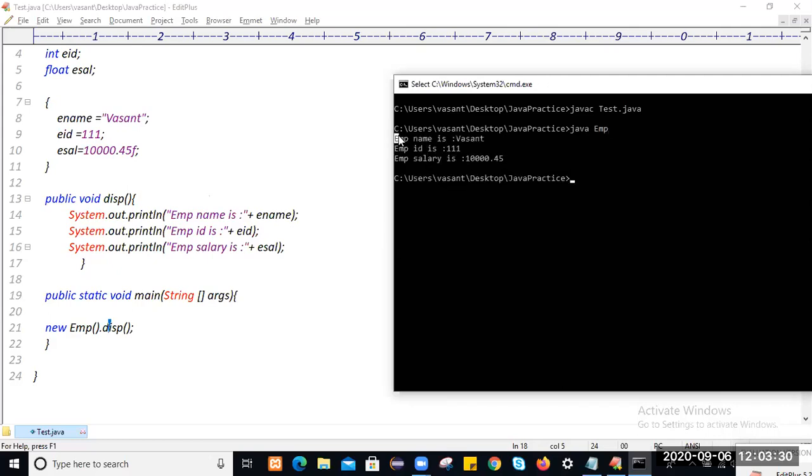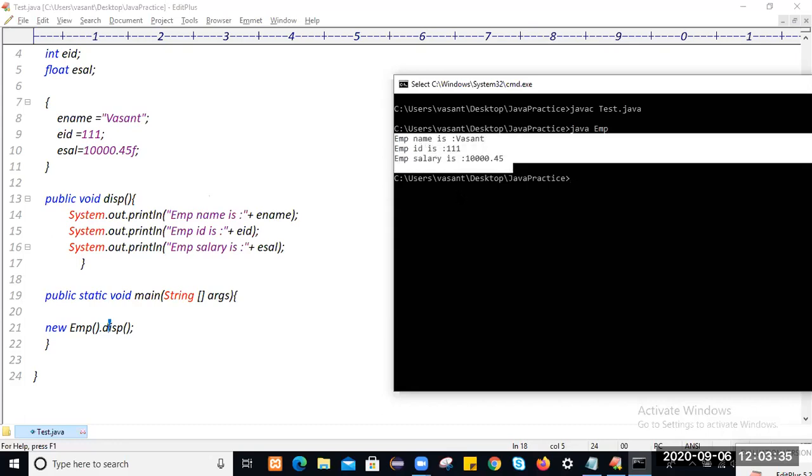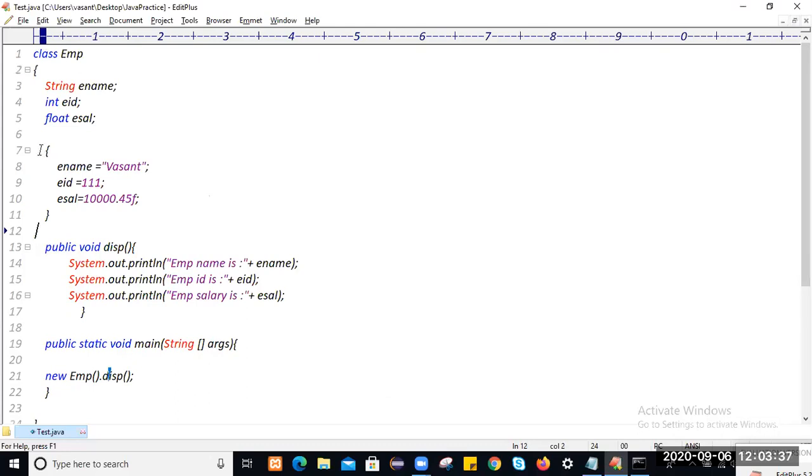You see, employee name is Watson, employee ID is 111, and the employee salary. If you want to use the same value again and again, then we go with the instance block. This is the second application of the instance block.